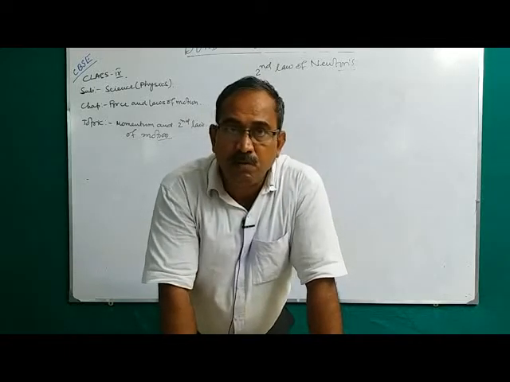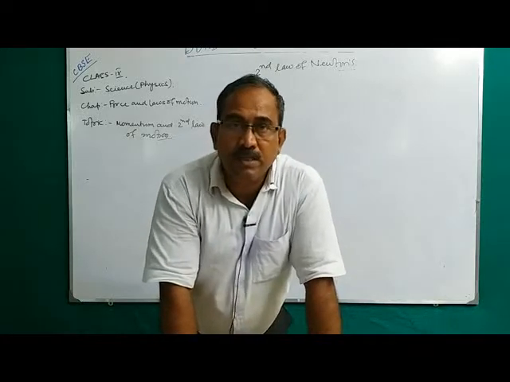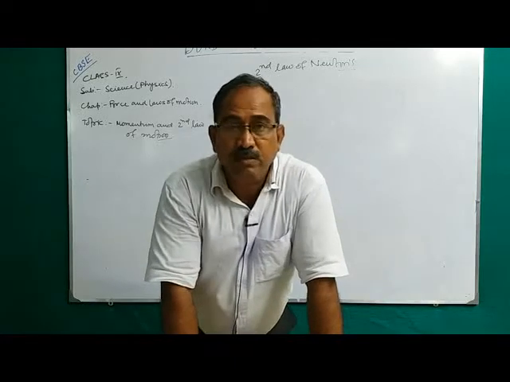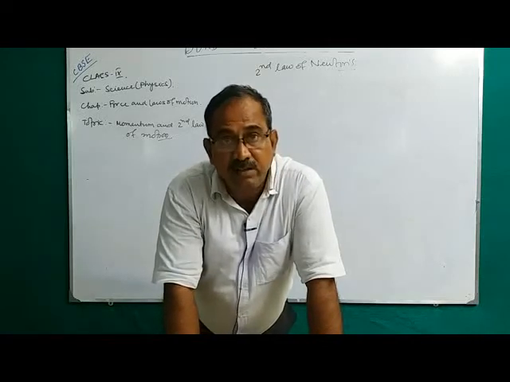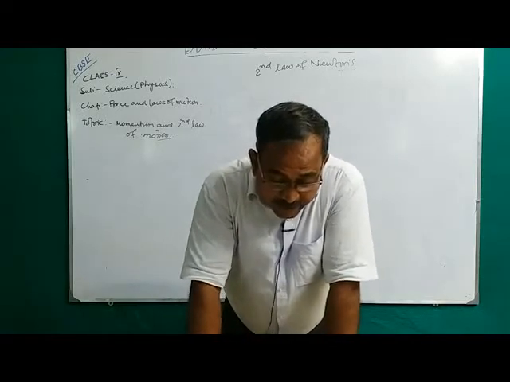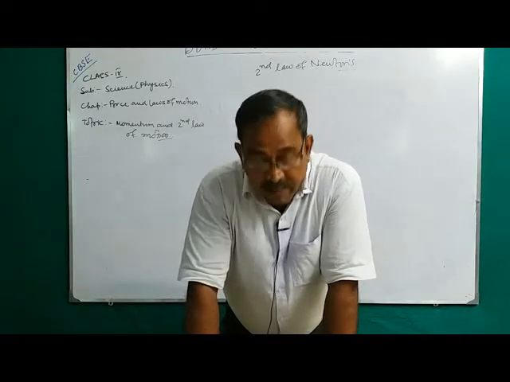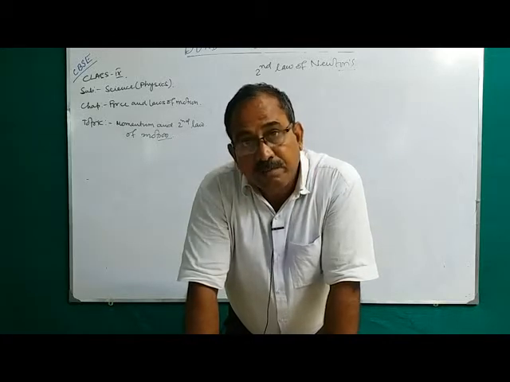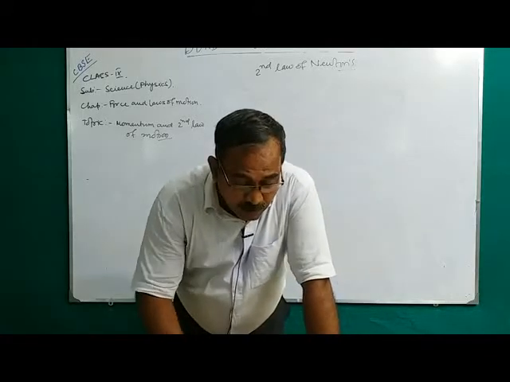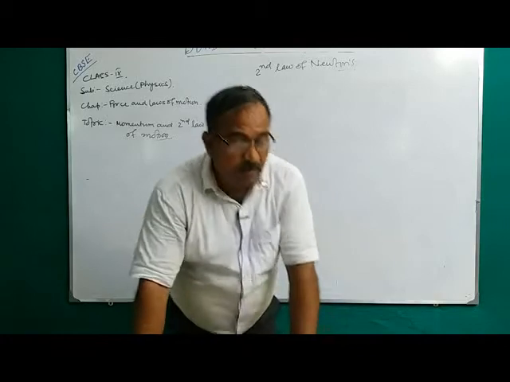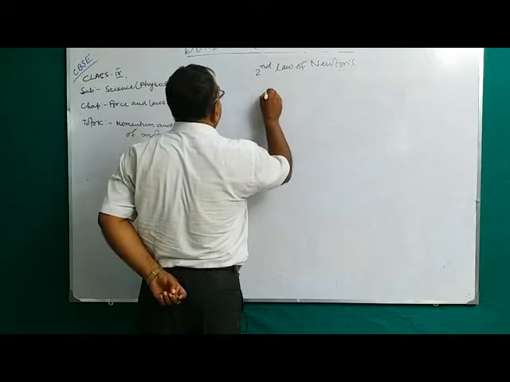Why is it an unbalanced force? Because the momentum changes. Momentum change means the velocity changes. When will the velocity change? When you apply an unbalanced force on that object. So it is the unbalanced force acting on that body, and the change in momentum takes place in the direction of the unbalanced force on the body. So this is the mathematical form of this law, first you consider it.